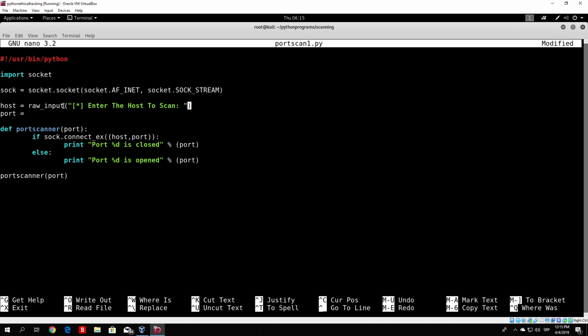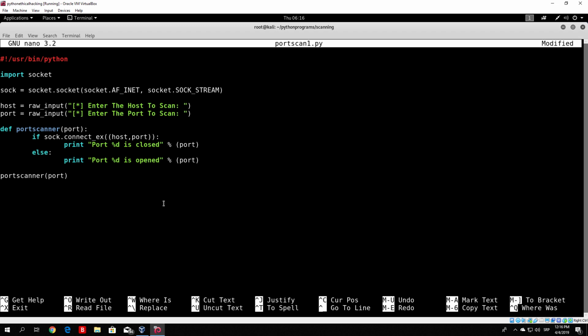So this means basically the raw_input function will be prompted once the user runs the program, and it will wait for the user to specify the IP address or basically anything they want to specify. In our case, in this program, it will be an IP address, and as they specify that, it will continue running the code, and it will go to the port where we want to do the same. So with raw input, we want to prompt the user to specify the port which they want to scan. So we just type here enter the port to scan, two dots and then closed question marks, closed double quotes